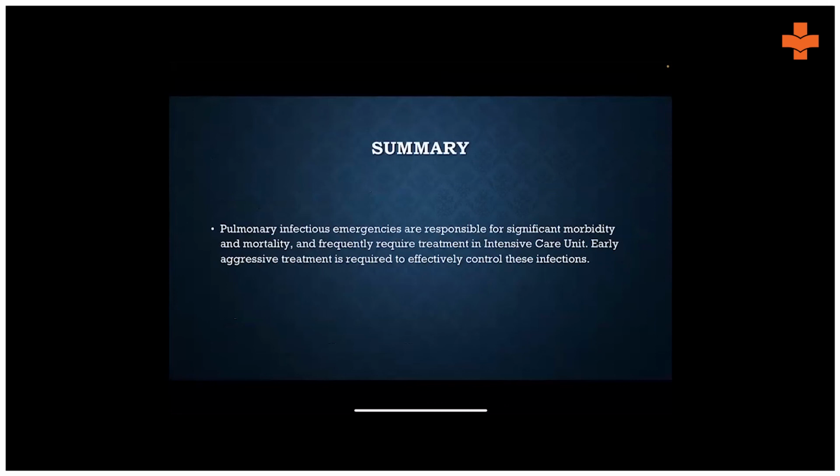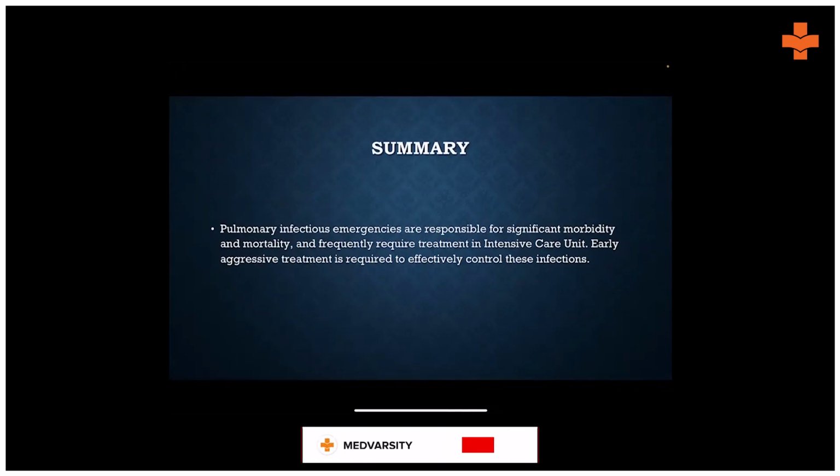So I would just like to conclude by saying that pulmonary emergencies are responsible for significant morbidity and mortality and frequently require treatment in the ICU. Early aggressive diagnosis and treatment is hence required to effectively control these emergencies, and sometimes you can actually be saving